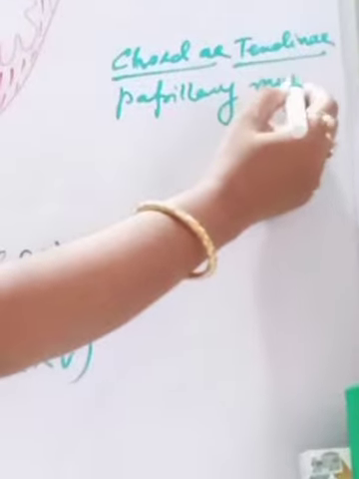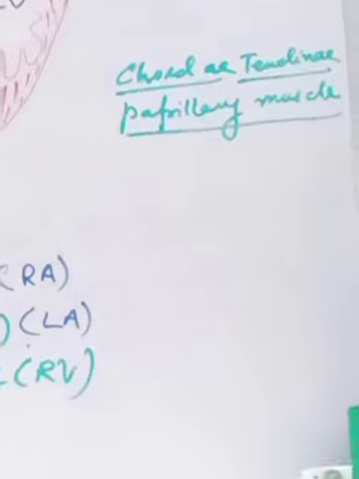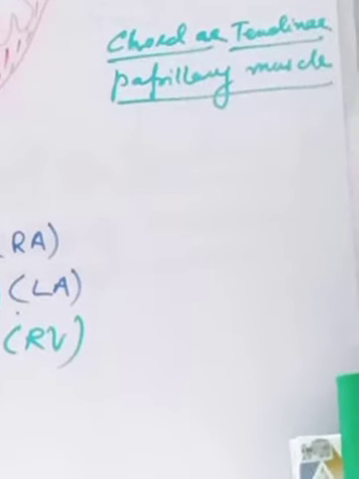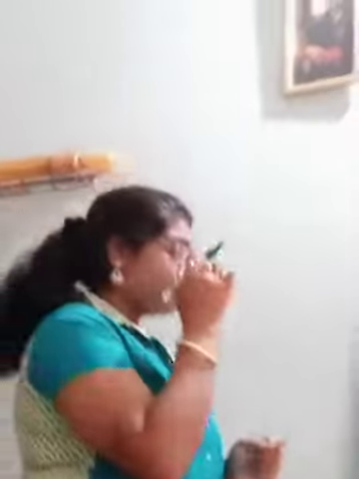Papillary muscle. So here two important terms are there. One is chordae tendineae and another one is papillary muscles. What is chordae tendineae? They are the cord-like structures which hold the tricuspid valves. And the papillary muscles in turn hold the chordae tendineae in position. Clear? Apart from that, we have another important term that is called